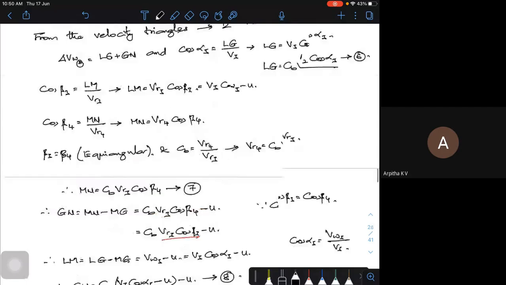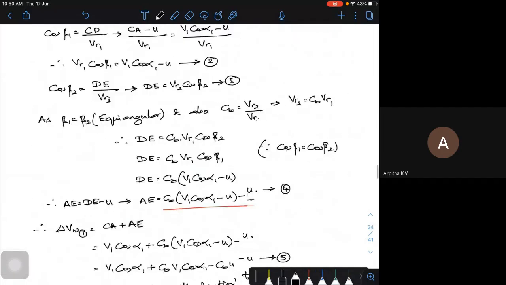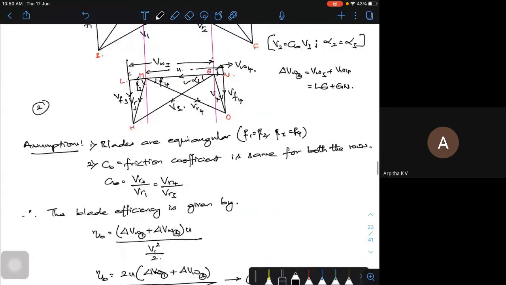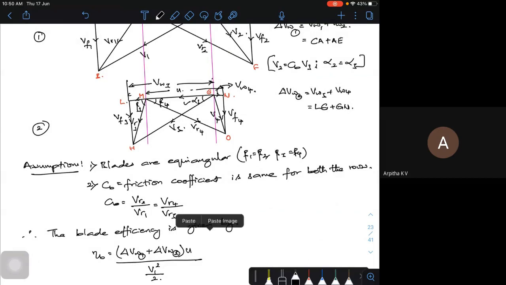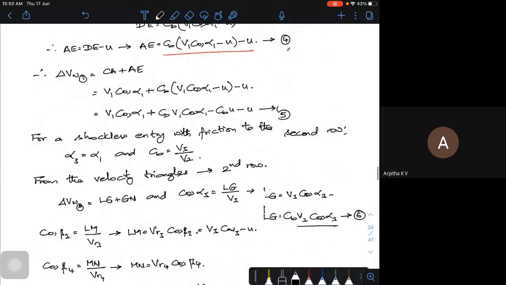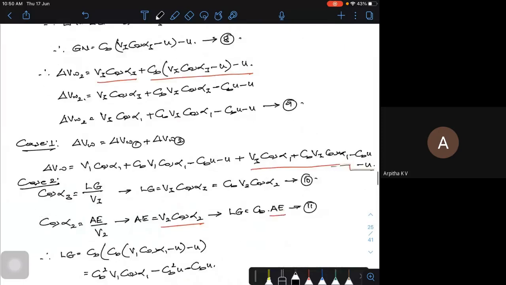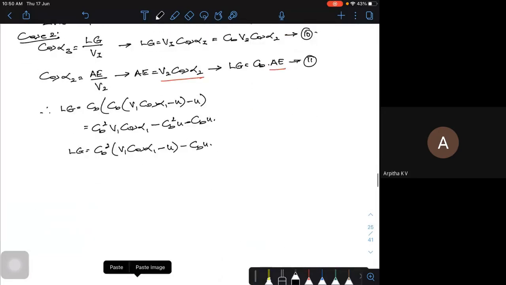Lm is equal to, let me write it like this. Lm is equal to, let me go to the last triangle. I can write Lm is equal to Lg minus Mg. Okay, so Lg we have. Lm I can write it as, this is simplification. This is second case. So therefore I can write Lm is equal to Lg minus Mg. What is your Mg?